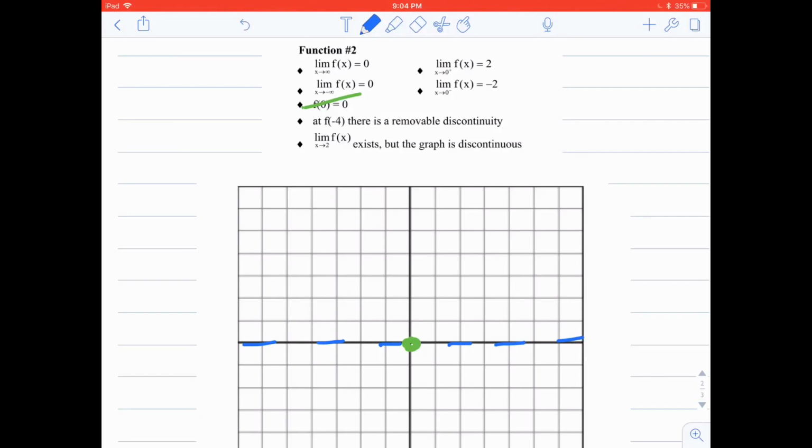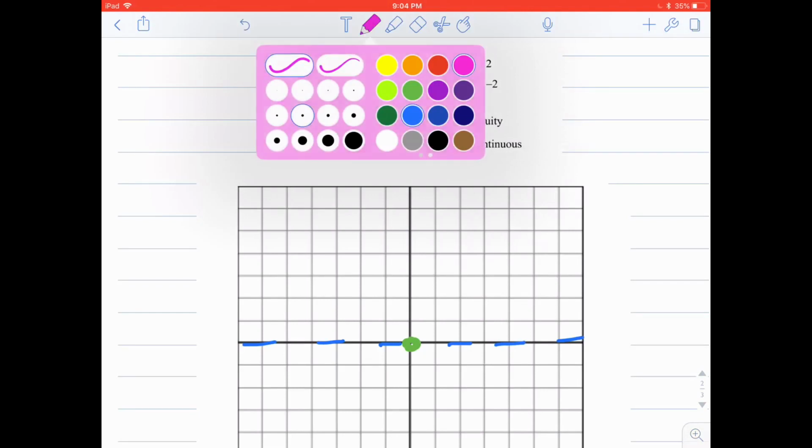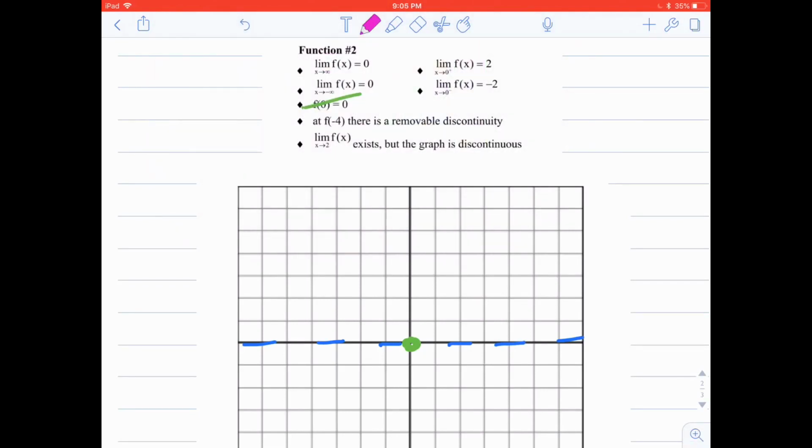So the other part is where it says as x goes to 0 from the right and 0 from the left, that our values there are +2 and -2. So I know we have a lot happening at x equals 0. So I'm going to go ahead and draw the top one. So 0 from the right is +2. So that means that there's a hole there, and somehow it goes out this way. And then at 0 from the left is -2, and somehow that goes out that way. So if you guys can see that idea of coming at 0 from the right side versus coming at 0